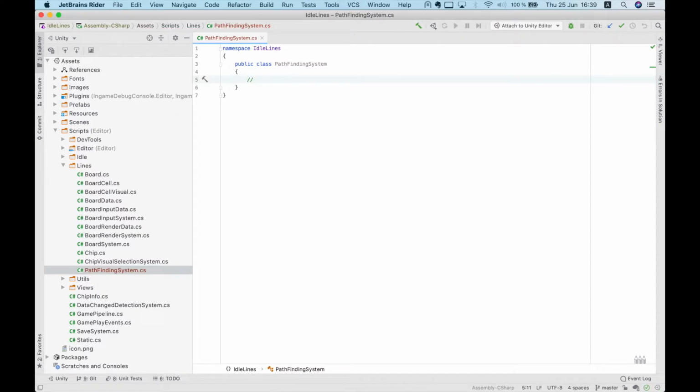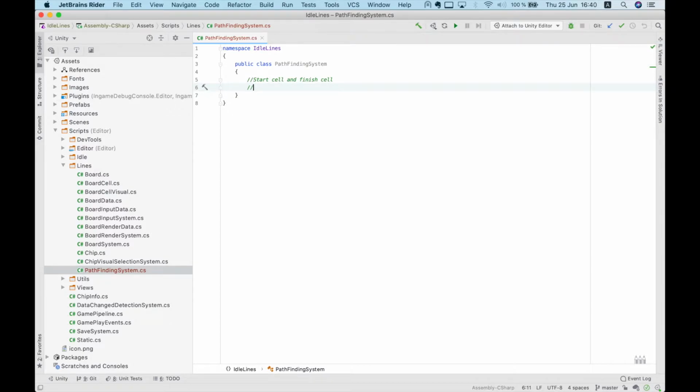It should take two parameters, start cell and finish cell, two selected cells in the field. The first one is the cell which contains a chip, and the finish cell is an empty cell to which we want to find a path. And it should return,